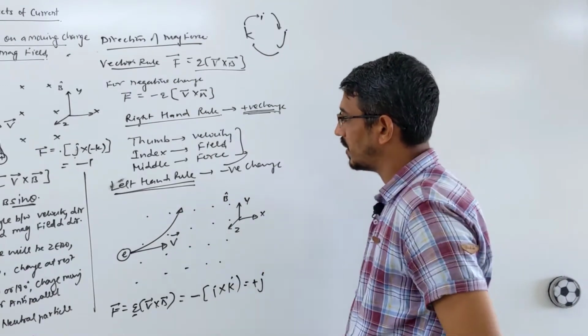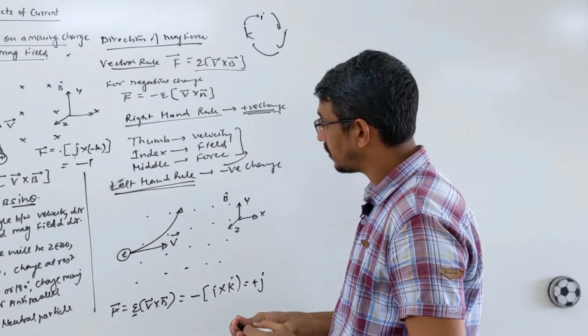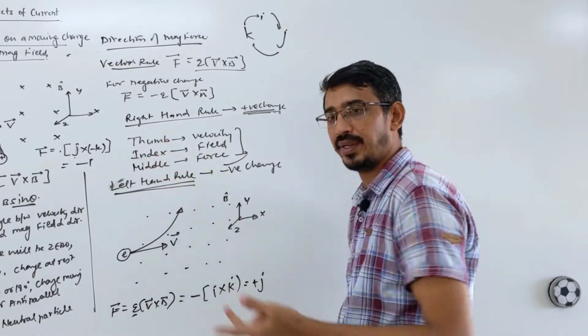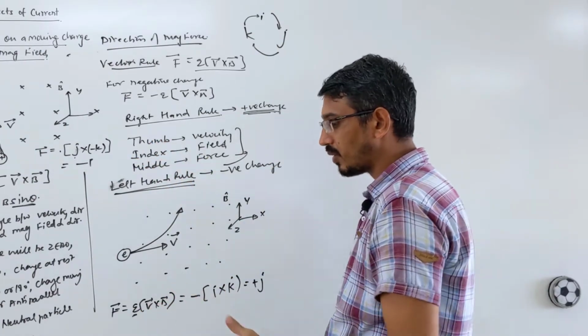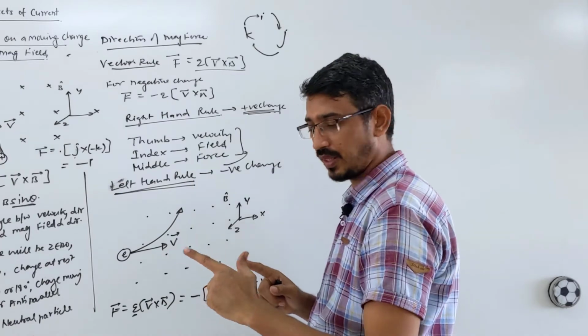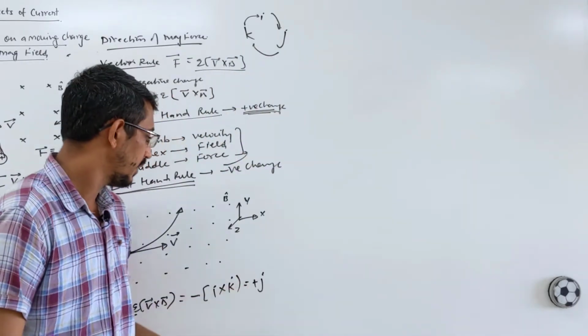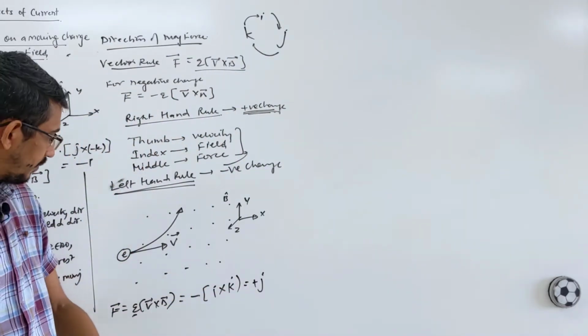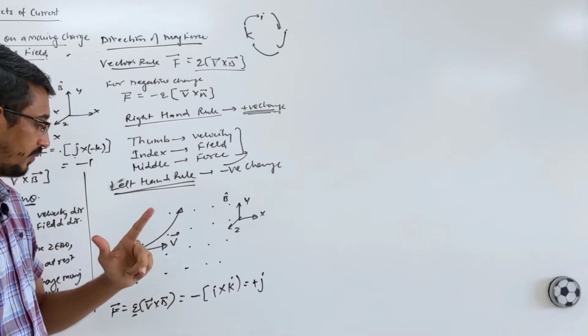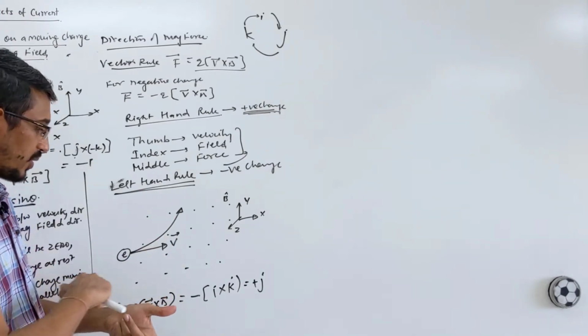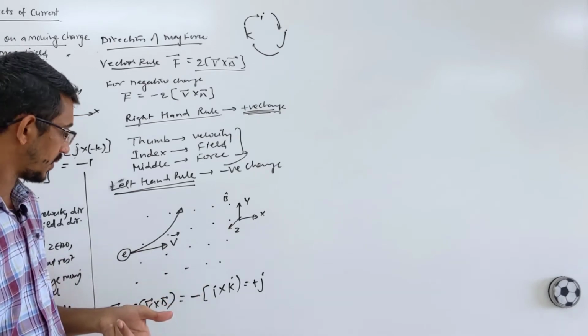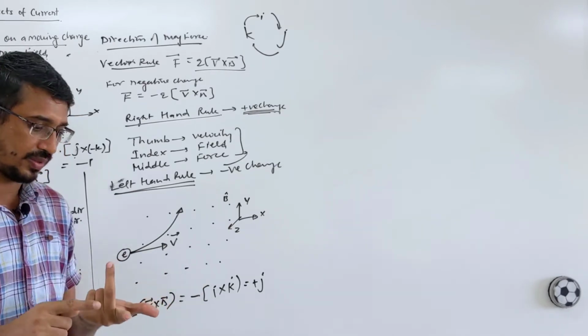Now the same thing you want to answer using the hand rule. So positive charge, right hand; negative charge, left hand, right? Let's adjust. Thumb shows velocity, correct? Okay, I have to come to this side. So velocity is what? Watch carefully now. Velocity is towards the left. Magnetic field is what? Outward.